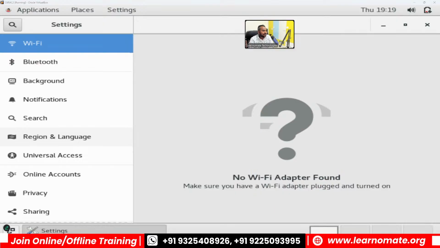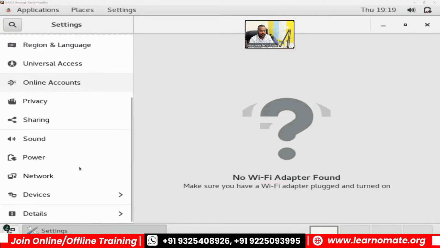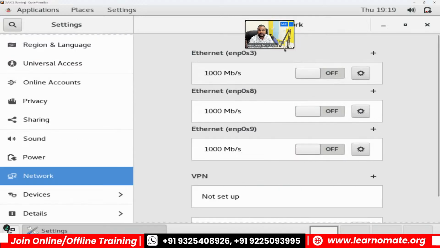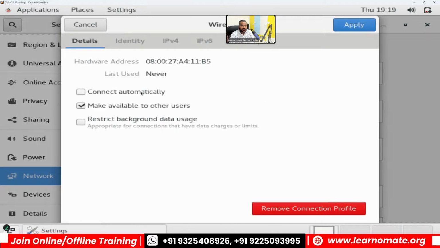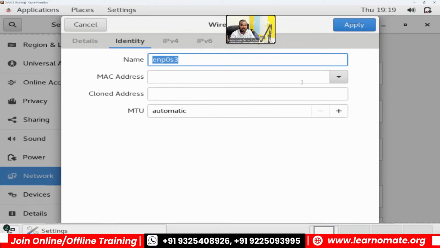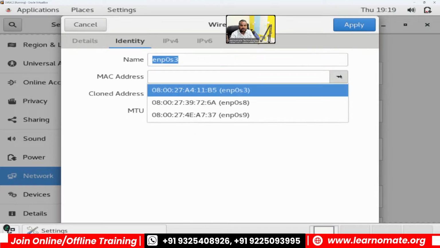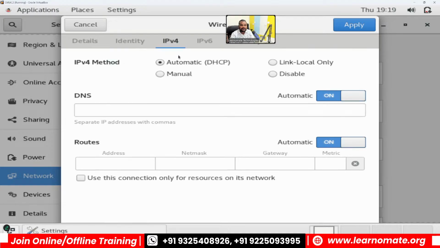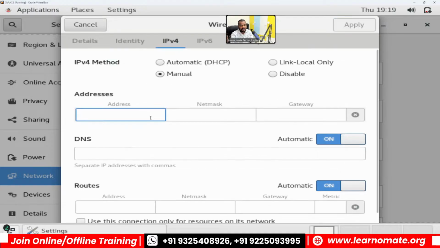Annotation, 1 minute. I'll go to the network, click on the settings, connect automatically. Again on node number 2 I'm going to assign the public IP address. Click on first MAC address, same steps I'm going to repeat here. There I have assigned